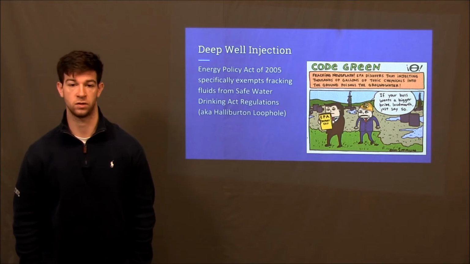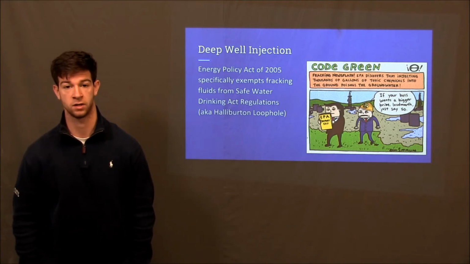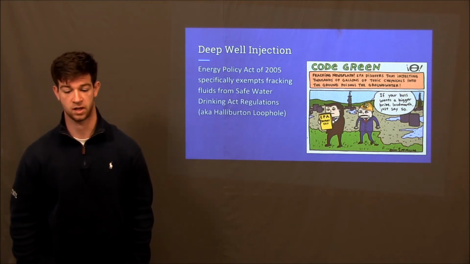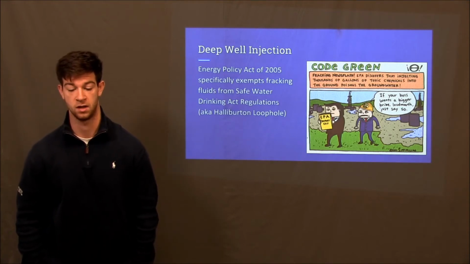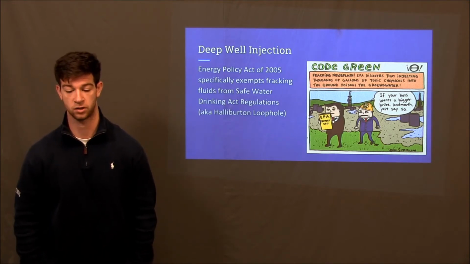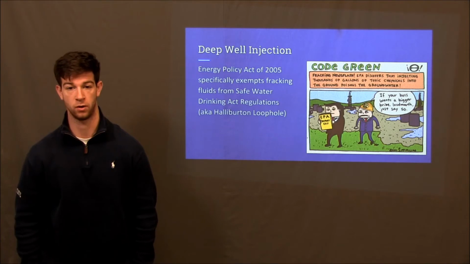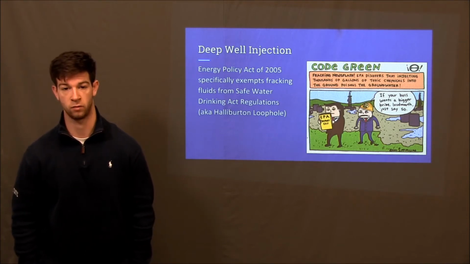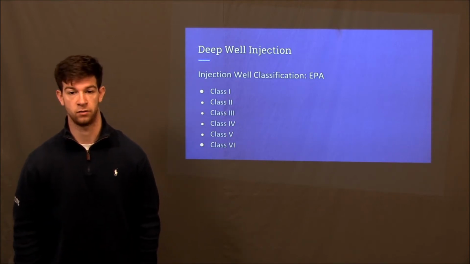So Section 322 is what the rules abide by, and it's amended to be read as follows. Section A would say this means the subsurface emplacement of fluids by well injection, and it includes the underground injection of fluids or proppants other than diesel fuels pursuant to hydraulic fracturing operations related to oil, gas, or geothermal production activities. So for deep well injection, there are 6 different classes of how to classify these wells under